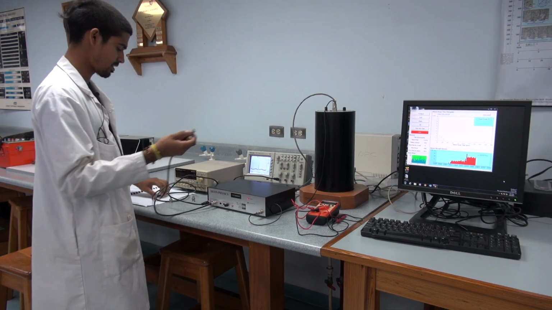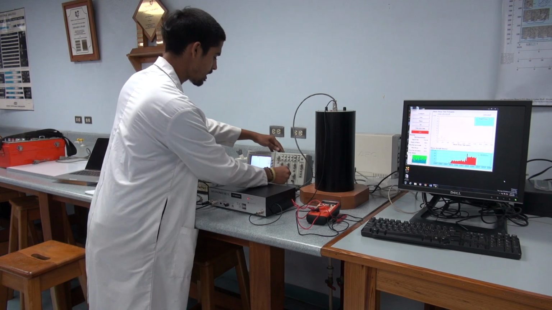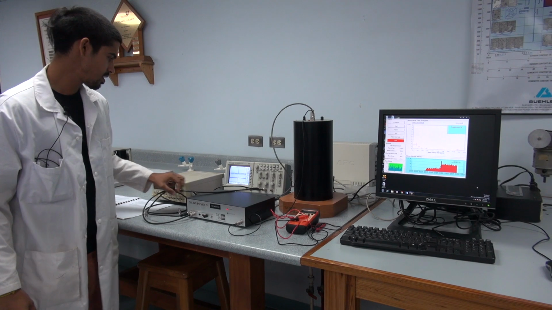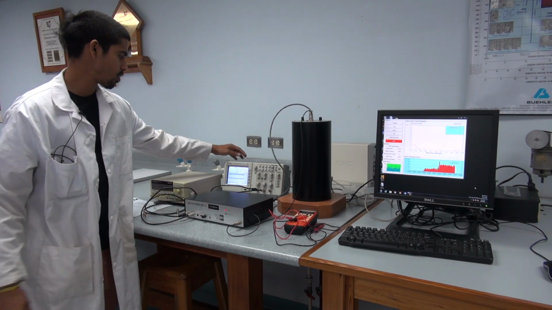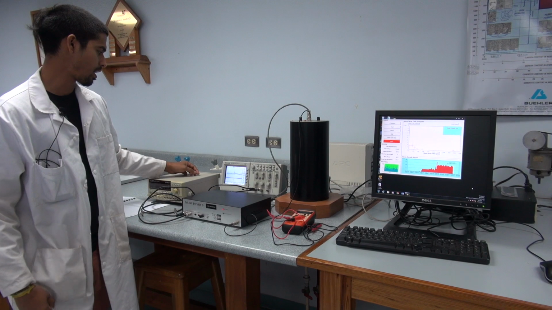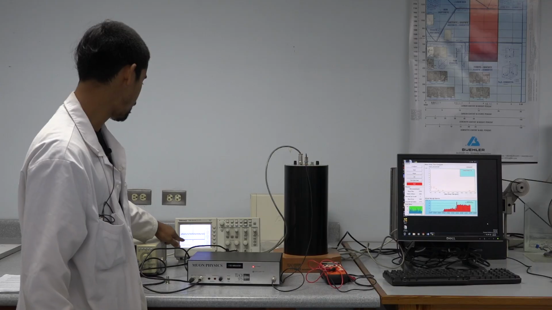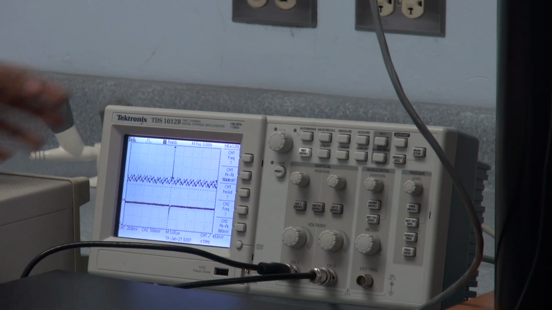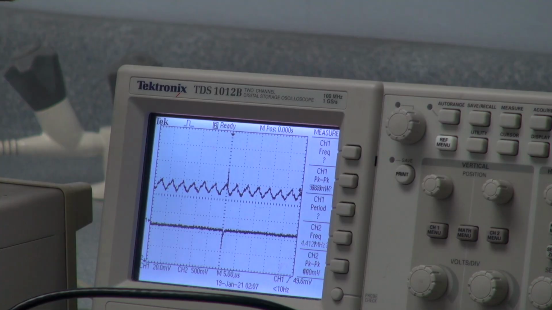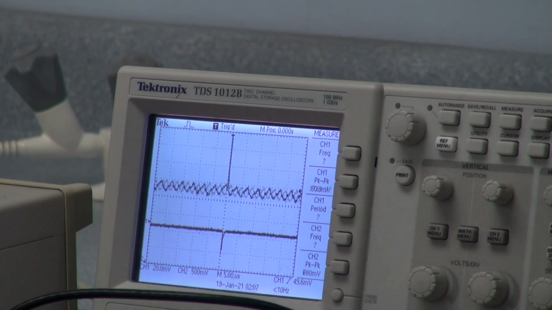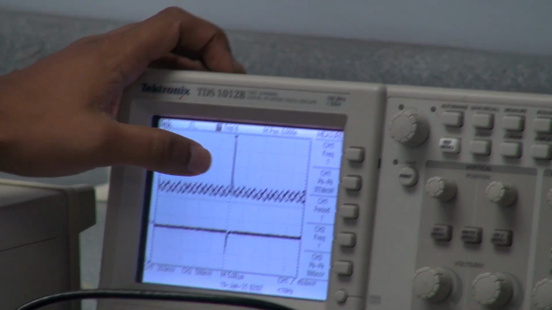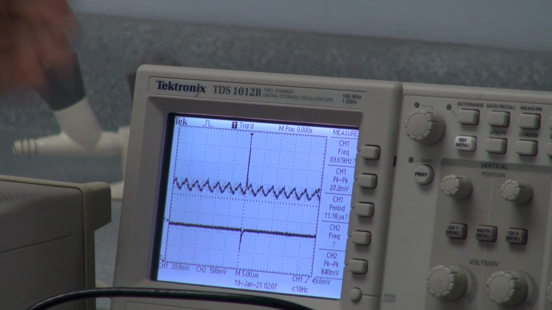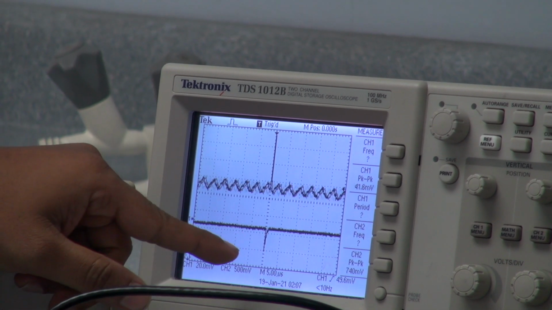So I'm going to connect it in channel 2, so we can see both the amplifier output and the discriminator output. So now I've connected the discriminator to channel 2 of the oscilloscope, and that is the bottom line here with the small pulse, and the amplifier is the top signal that we see on the oscilloscope. When we detect a muon through the amplifier, we see an increase in voltage, but with the discriminator, when a muon is detected, we see a decrease in the voltage,